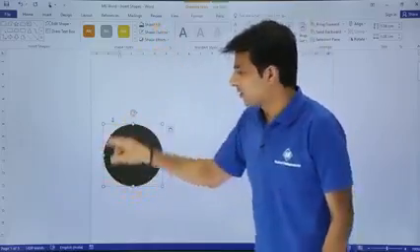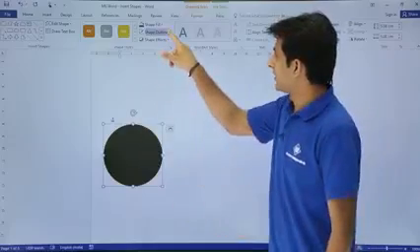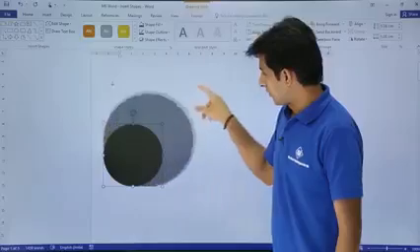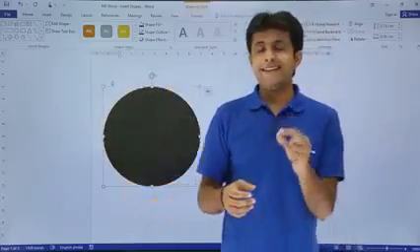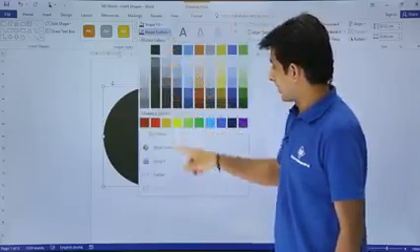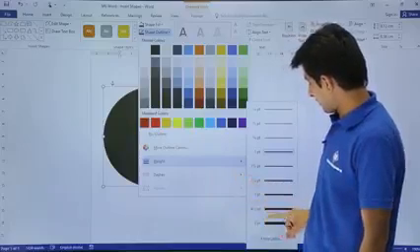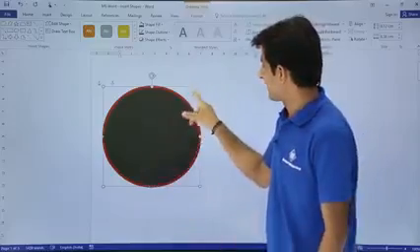Next, if you see, it is surrounded by a yellow border. If you want to change the color of the border, let's say you want to change the Shape Outline, let's say a red line, and I'll click on OK. You see that's a red line which is the border. If it's not visible, you can increase the thickness of this border. I'll click on this Shape Outline, go to Weight, and click on this 6 point, and you see now it is visible. That is the thick outline which is given here.